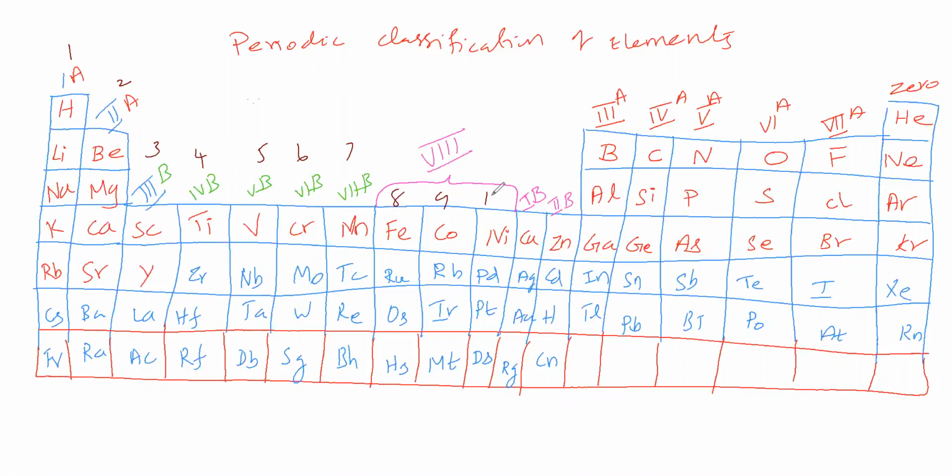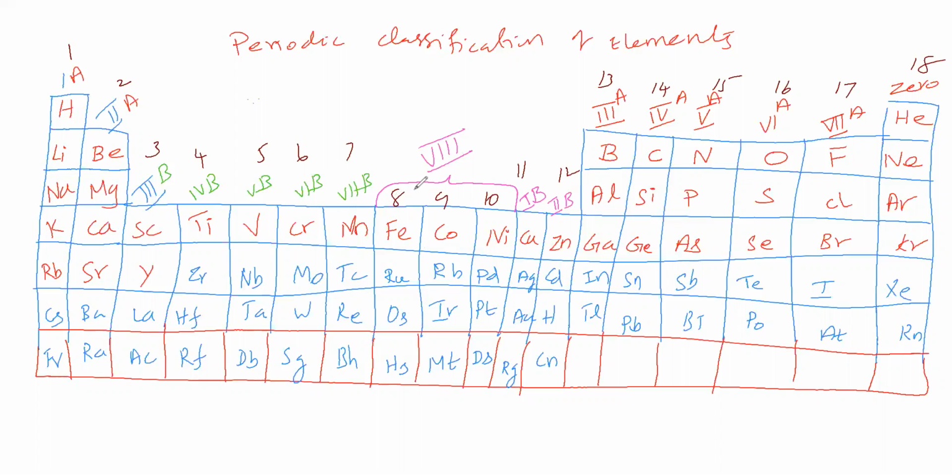group, it is 9th group, it is 10th group, 11th, 12th, 13th, 14th, 15th, 16th, 17th, 18th. As per IUPAC, how many groups are there? Means 18 groups are there. As per the European system, how many groups? 16 groups are there. As per European, 16 groups. As per IUPAC, 18 groups.